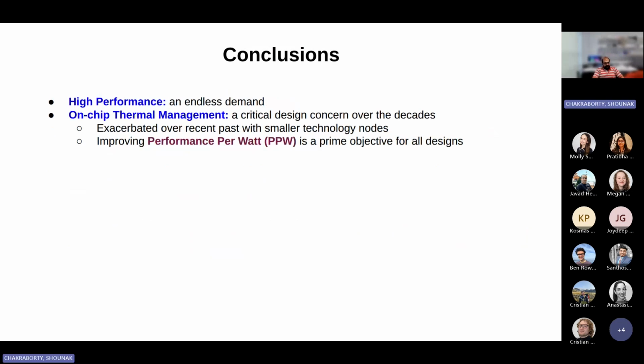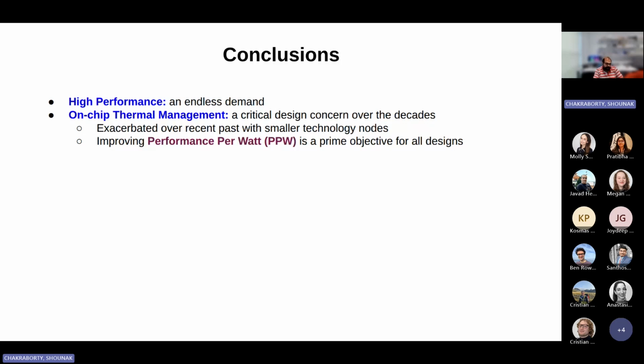And now in conclusion, high performance has of course been an endless demand for decades, since the computer was born. And then off-chip thermal management has become a critical design issue. Over the last few decades, once we went below 45 nanometer technology nodes in MOSFET, it became really crucial to design everything thermally efficient. And that has been exacerbated in the recent past with smaller technology nodes. Yes, of course, improving performance per watt or reducing EDP is a primary objective